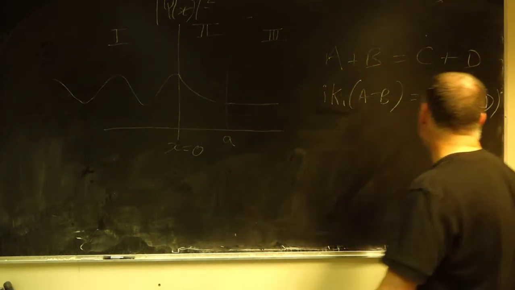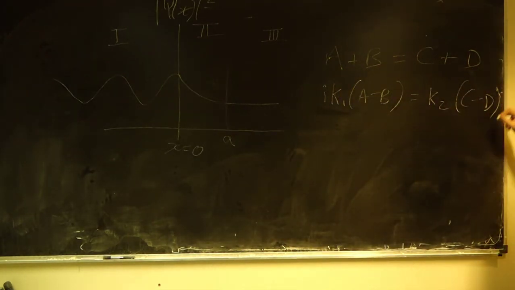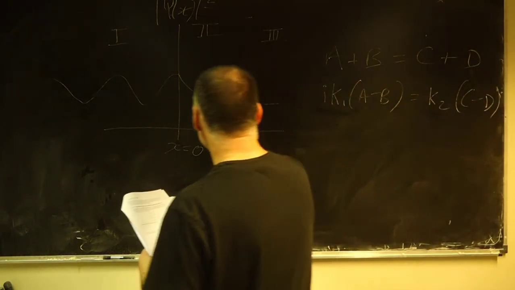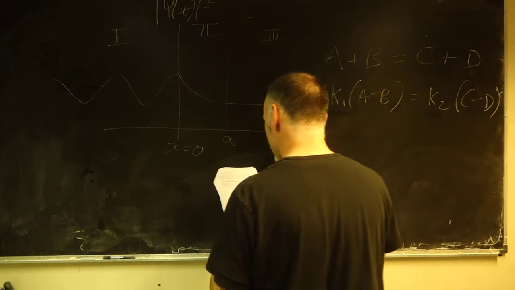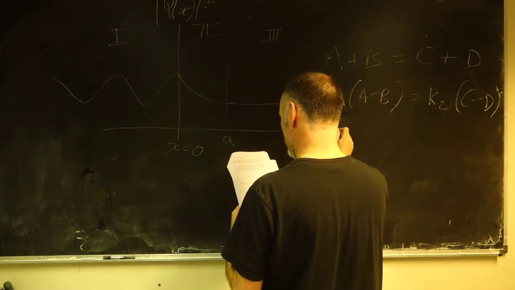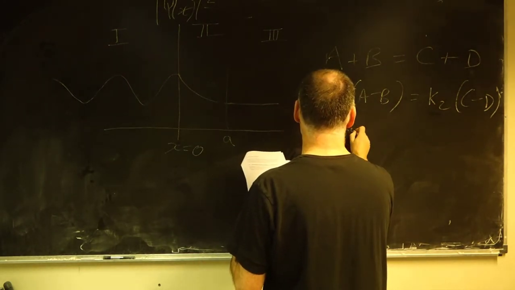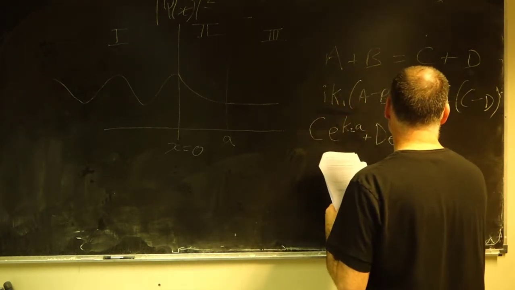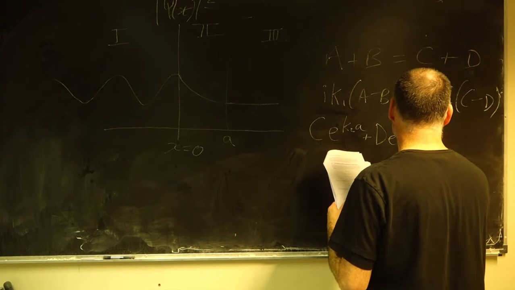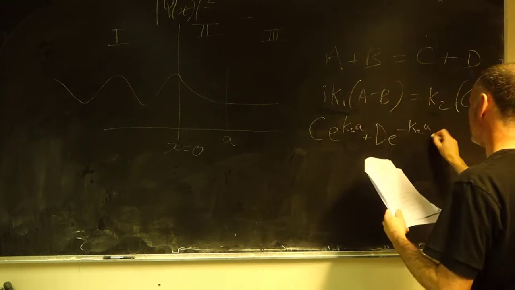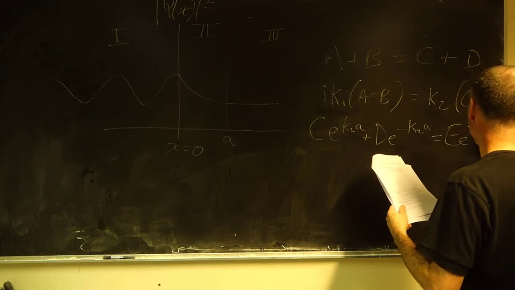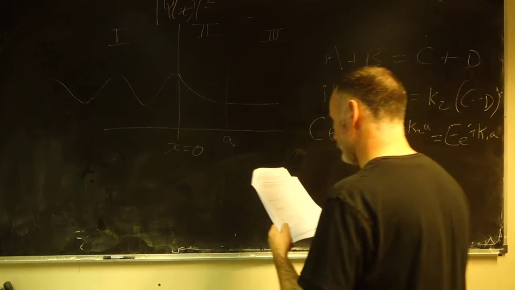But in this region, our exponent is real, so we're just getting k2 and there's no i. Now we match here at x equal to a, and we end up with, in terms of the wave function itself and its first derivative,